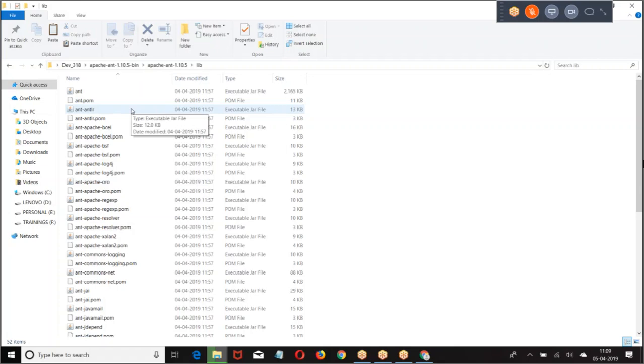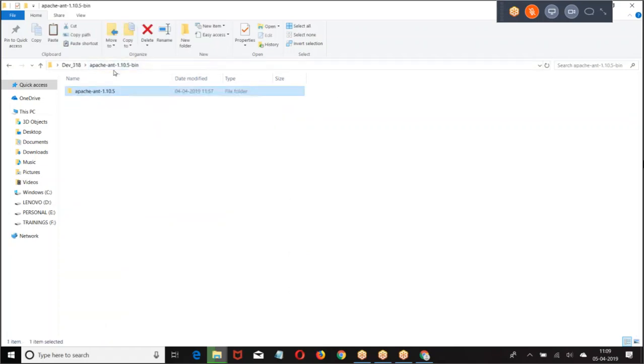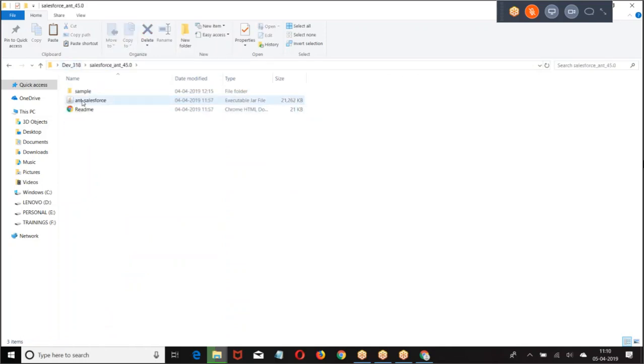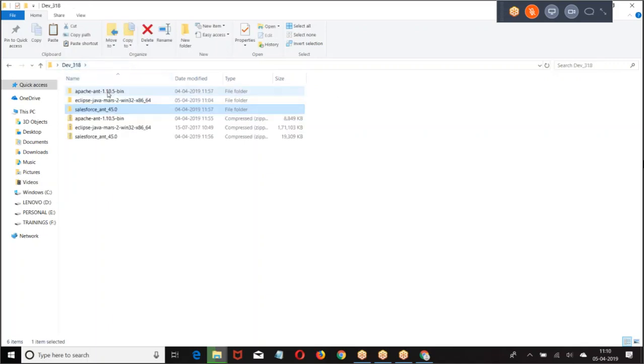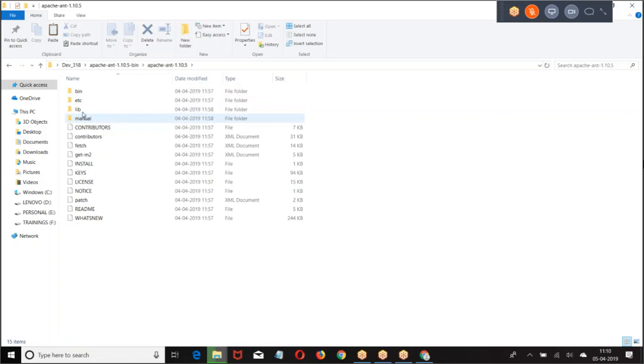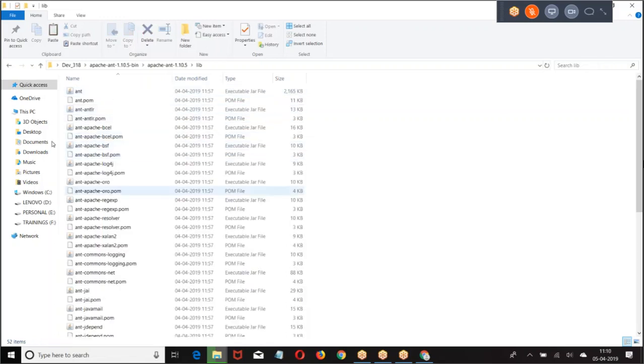So whatever the ant-salesforce jar file was there in Salesforce, copy this file and paste it into the Apache ANT library. I hope you are good with this.